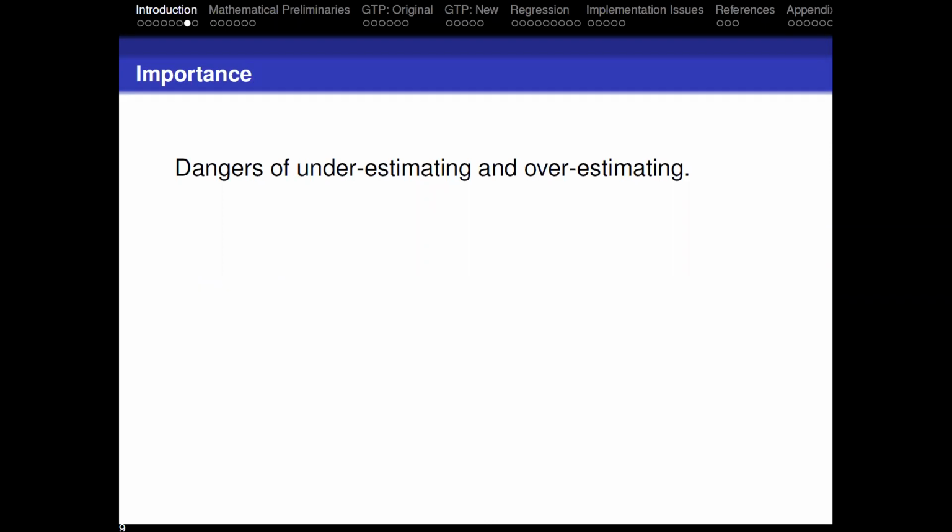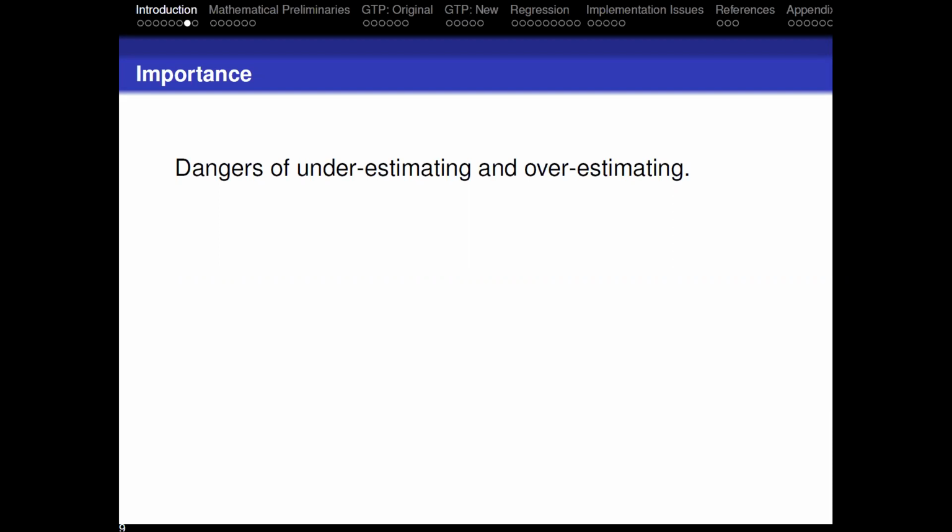Can anybody give me an example of why it might be bad to have a wrong estimate either direction of how many tanks there are? What could happen? If you underestimate, you might not be able to eliminate enough of them. If you overestimate, you may waste munitions. Yeah, exactly. And so if we underestimate, we could go into battle and we could lose. If we overestimate, we might put too many forces in that one battle, and we might lose the ability to